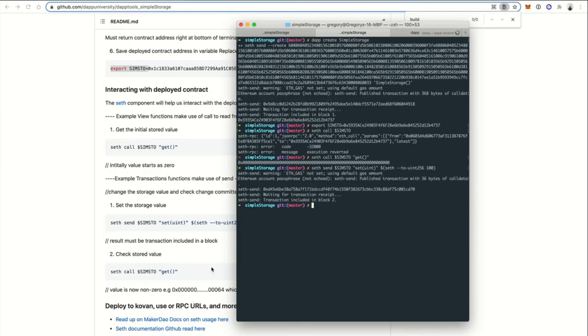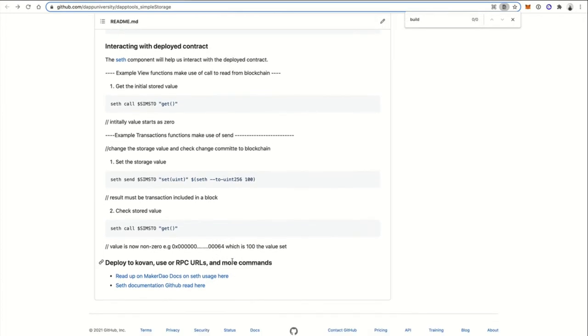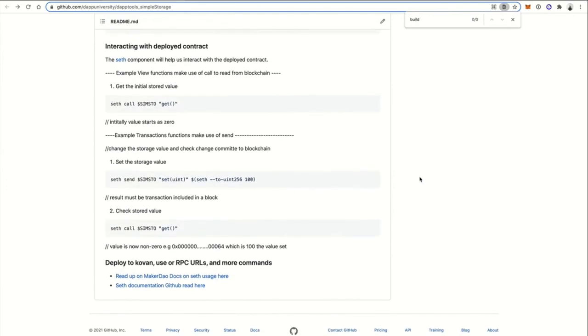So it's included, and now we can do call. And then there we go. We can see that it's 100. Well, it's in hex here, so it's 0x blah blah blah 64. But it was actually set to the value that we want here. All right. So that is an example of how you can set up DappTools on your machine and actually start